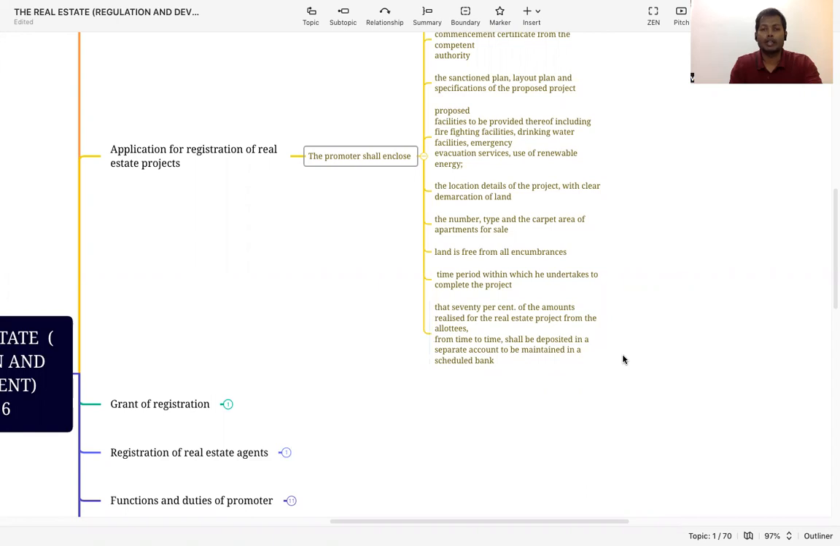Also, 70% of the amount for that project is to be kept aside and maintained in a scheduled bank for that project. So that is another most important activity before putting in the application for the registration. Suppose 10 lakhs is the project cost, so almost 70, they are